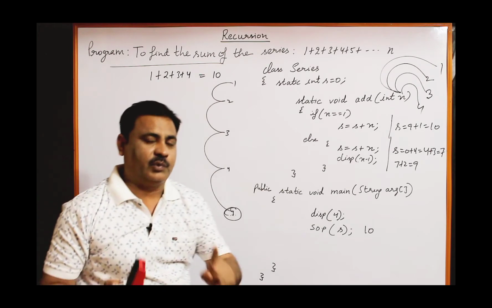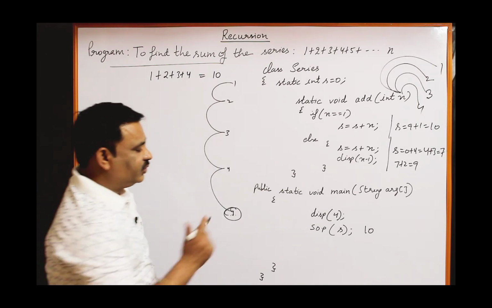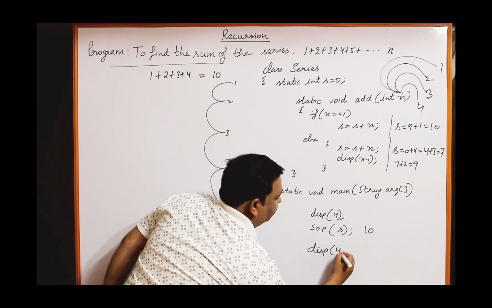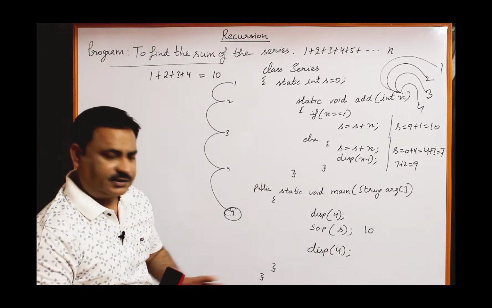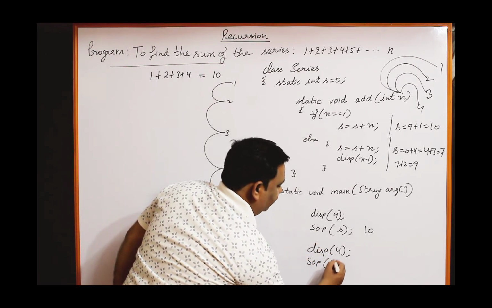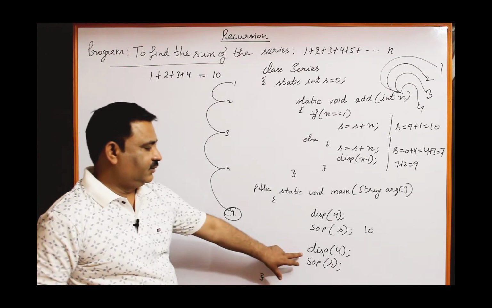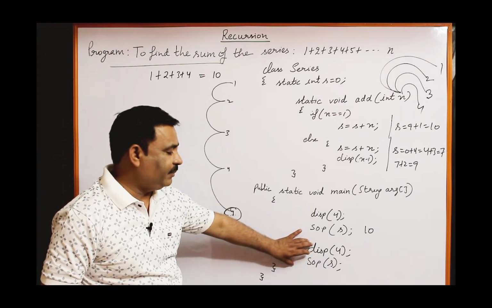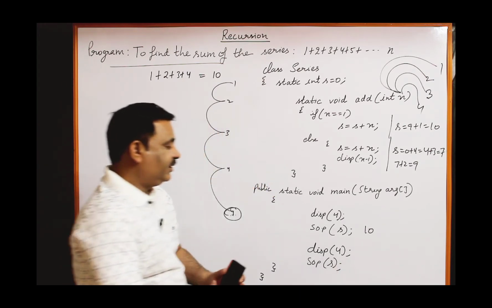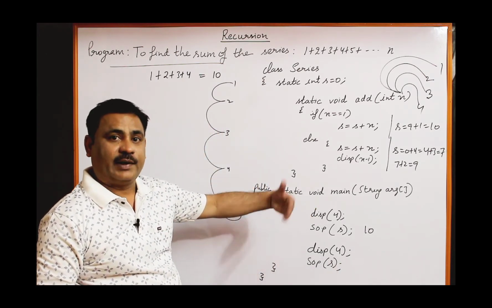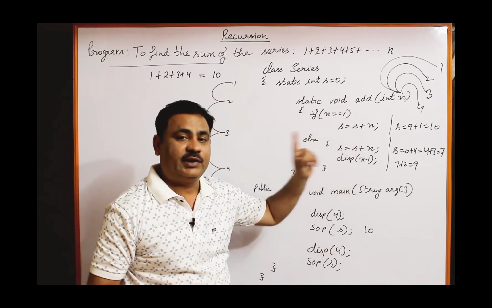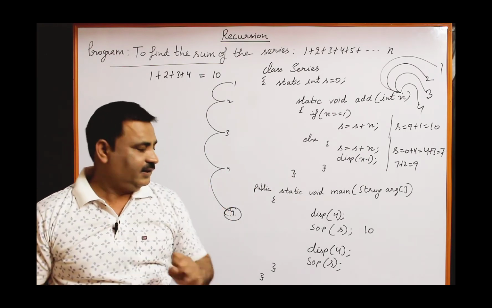Now one more important point. Suppose again I am calling the function disp by passing 4, you can also pass a different value. The second time, if you again print the value of s, with the same function call, what will happen? It will not print 10 this time. It will print the next value. You are passing 4 from here, so 4 will be added not to 0. It will be added to 10.